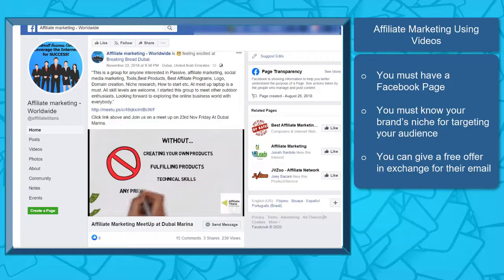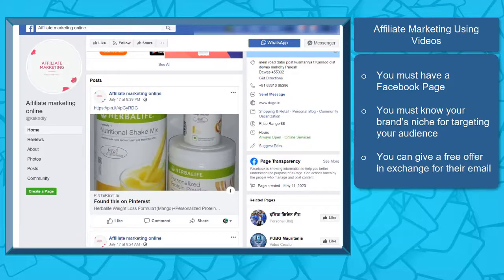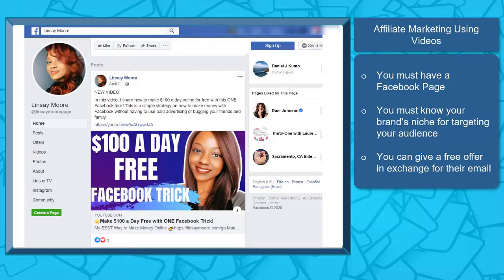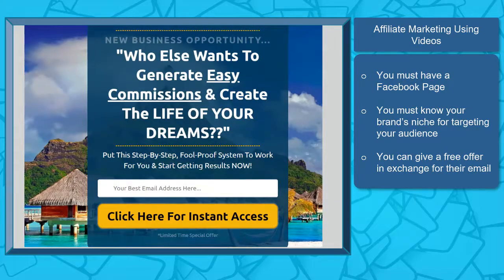This way, you won't be promoting products that don't fall into a specific niche and avoid growing your followers with a mixture of different niche interests. You can give your audience a free offer so that you can attract them into your affiliate links. Then you must have set up an automation that will follow up your potential customers, like email marketing. This will help you in your marketing strategy and you'll be able to turn your potential leads into your customers,